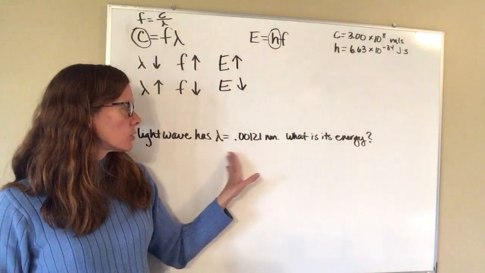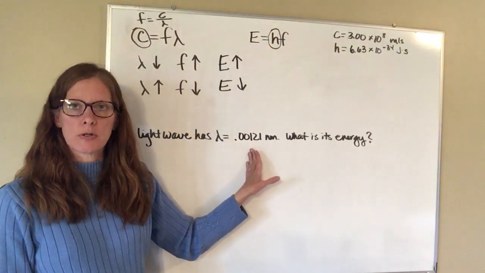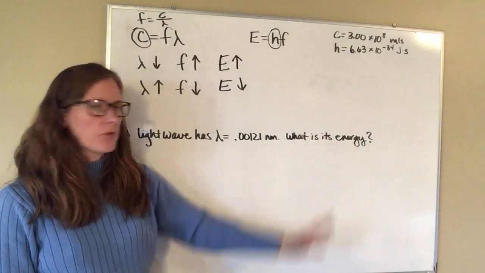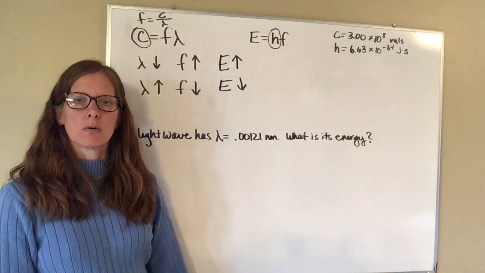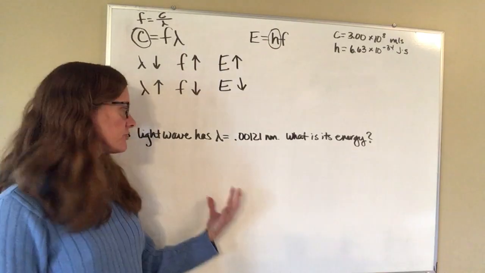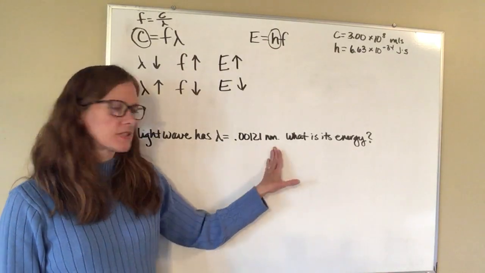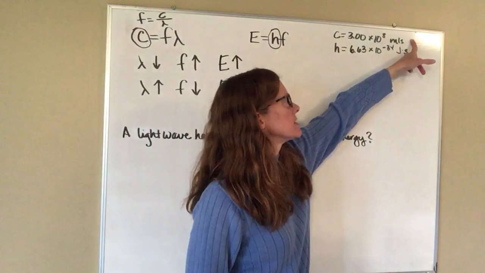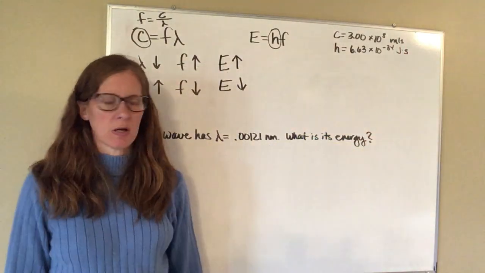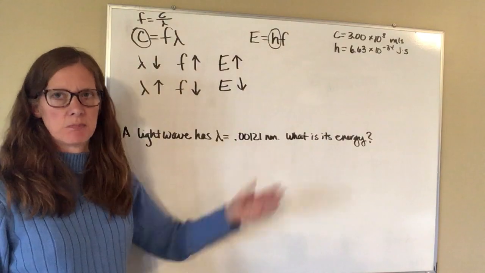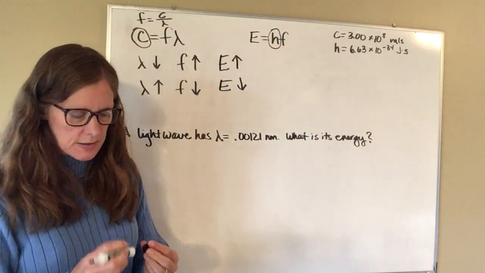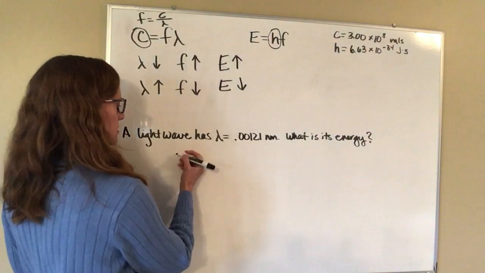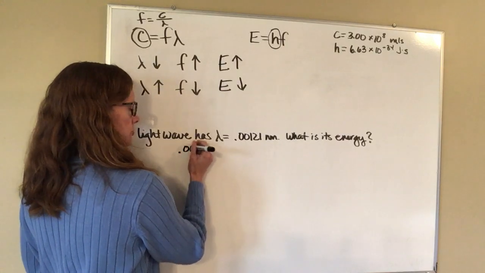A light wave has a wavelength of 0.00121 nanometers, and I want to find out what the energy is. So just like the problem that I worked in the last video for you, if the wavelength is given in nanometers, my speed of light is given in meters per second. So the first thing I'm going to have to do is change this into meters so that I can get everything into the same units. So I'm going to start with 0.00121